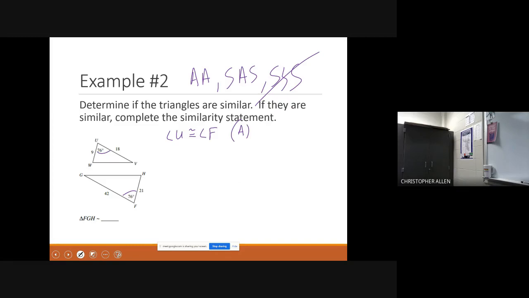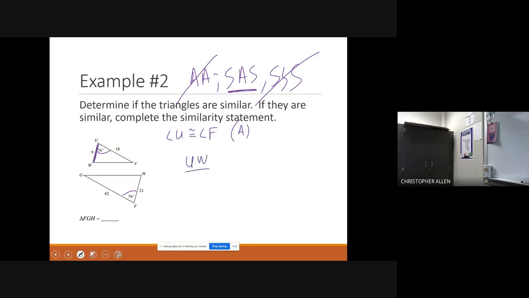Nope. So guess what? I don't think it's going to be AA. Now, is this guaranteed to be the reason? Maybe. We need to be careful. Let's see if we've got that. So here's what we need to do. Would you guys agree that this is the shorter side? So I'm going to say that